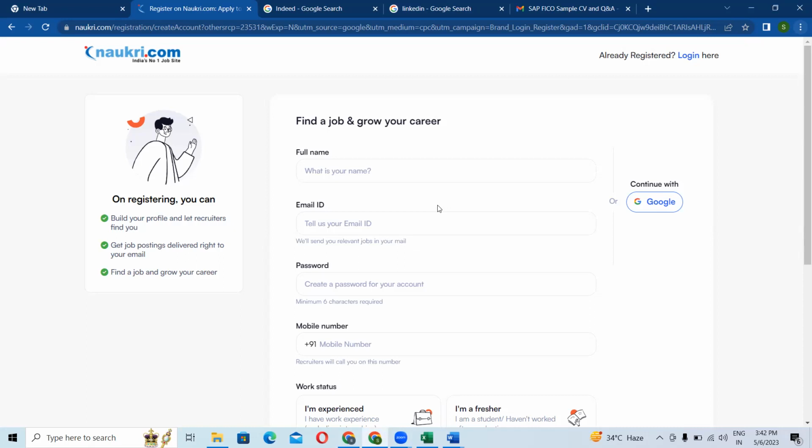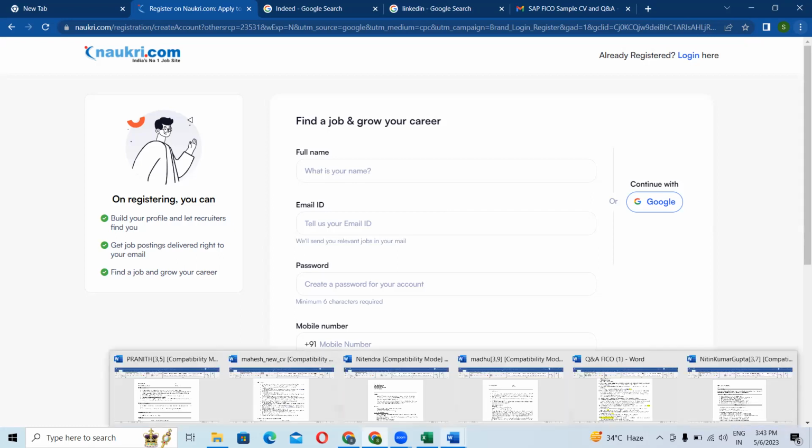So try to mention as many points as you can on your CV regarding your SAP skills. I've shown you a few sample resumes, so from those you can pick and add to your CV. Okay, first thing.